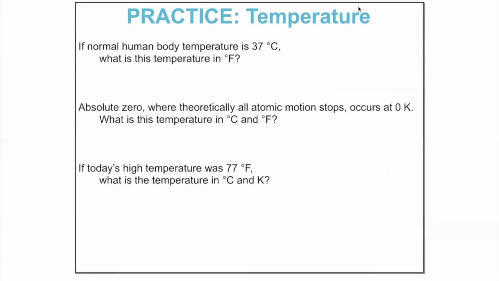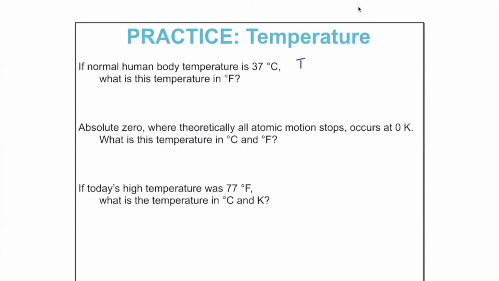So a normal human body temperature is 37 degrees Celsius. What is this temperature in Fahrenheit? So the equation we're going to use here is the temperature Fahrenheit equals 1.8 times the temperature Celsius plus 32. And so in order to calculate the degrees Fahrenheit, we're going to say 1.8 times our degrees Celsius, which is 37, plus 32. So if I do the math out, 1.8 times 37 is